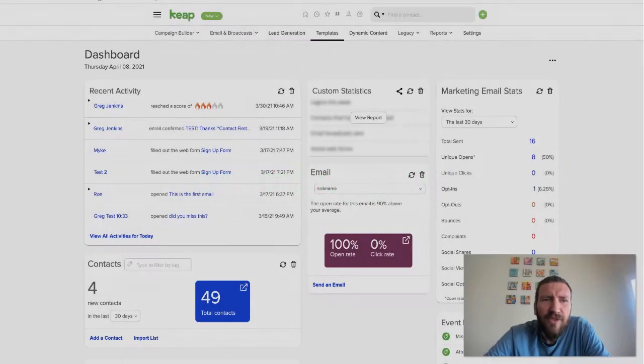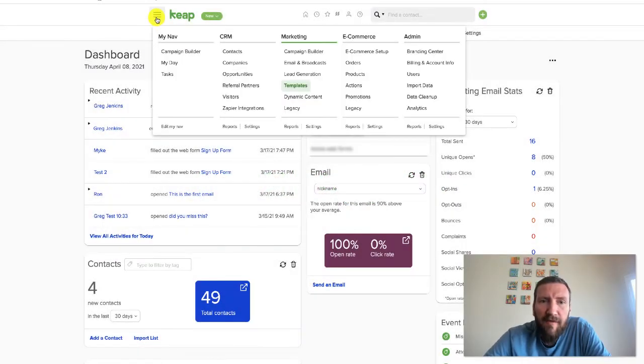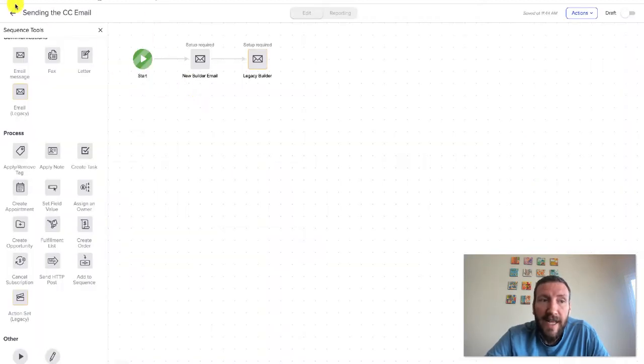All right, so first up, the native option. It involves using legacy templates. I call that out because, depending on your version of the software, you might not have this option at all. But if we look inside a campaign,